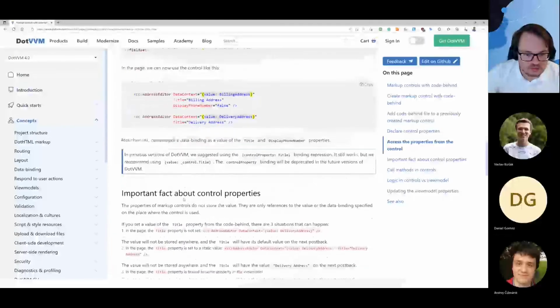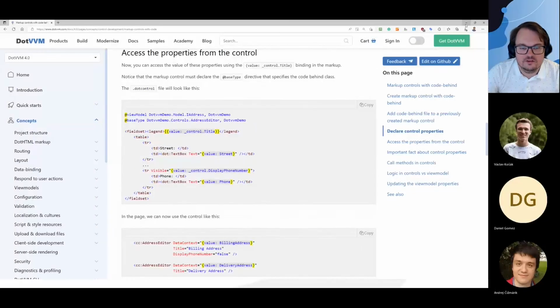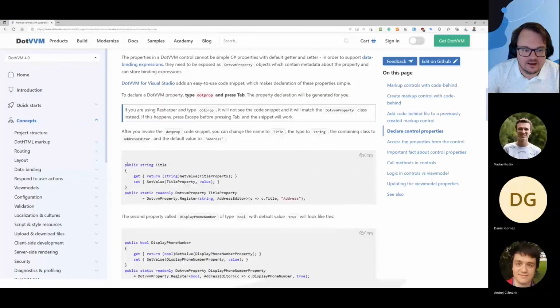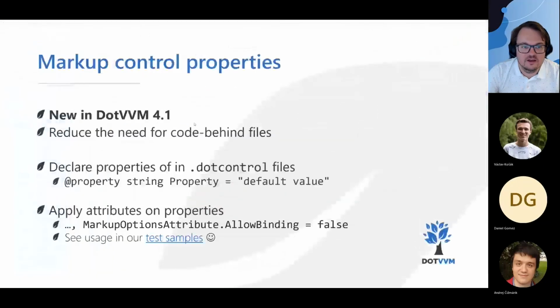So we tried to make things simple. Instead of this code behind class where you would declare the properties, you can declare the property at the top of the markup file as a directive. So you can do add property, and you can specify the type of the property, the name of the property, a default value, and you can also specify attributes. So for example, if you don't want to allow the user to put data binding in this property, you can